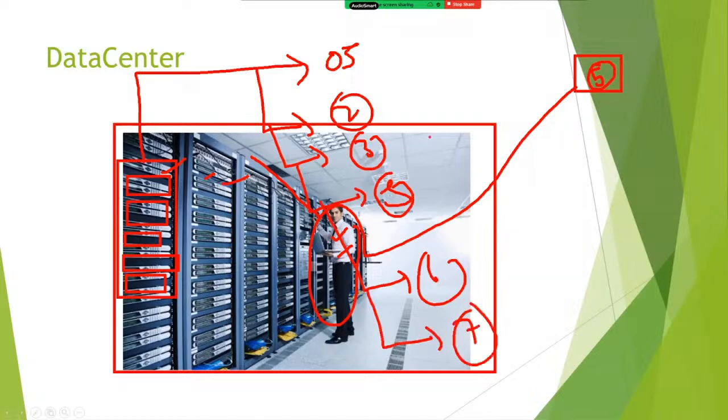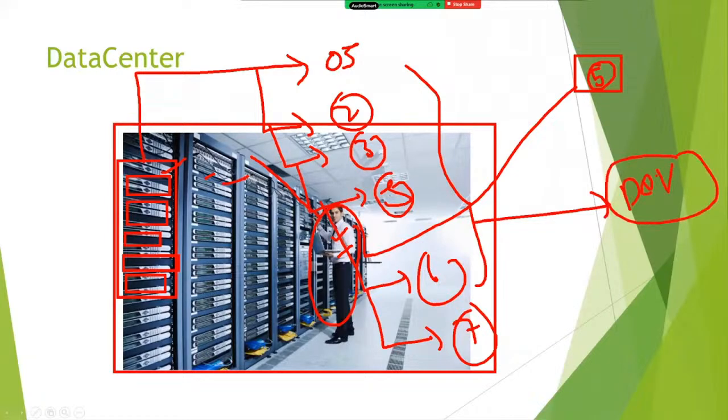Seventh step, they will verify all the checklists. Once the servers are built as per policies, rules, and regulations, they are handed over to the development team. To complete this process, minimum it will take 5 to 7 days. Basic minimum scenario, 5 to 7 days.